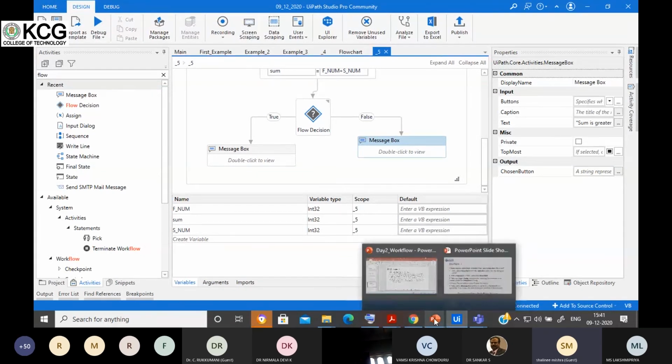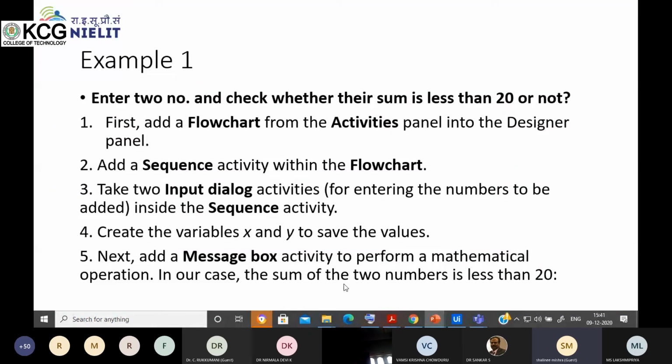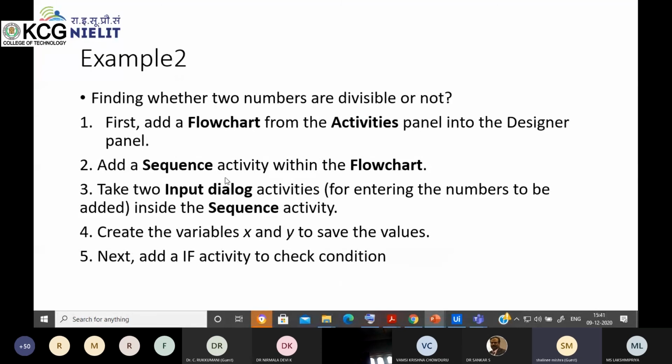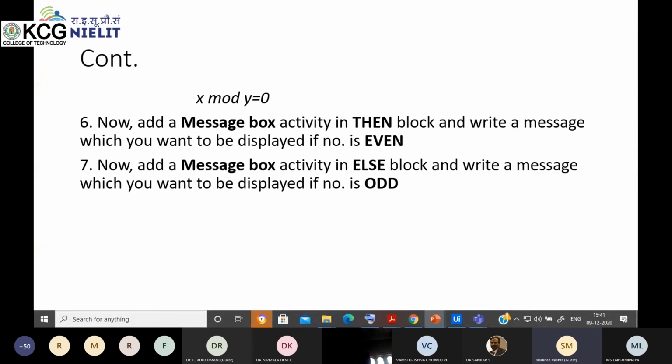Now the next activity is somewhat similar. Here you need to find whether the number is divisible or not, or you can say we have to find whether the number is even or odd. So here you can simply use the mod operation, by taking the input from the user and dividing that number entered by the user by 2. If your value comes to 0, the number will be even, otherwise the number will be odd. So you have to perform this by yourself because we have a lack of time and we need to cover